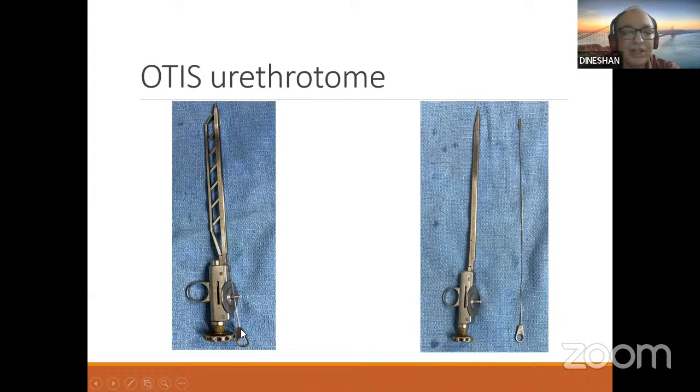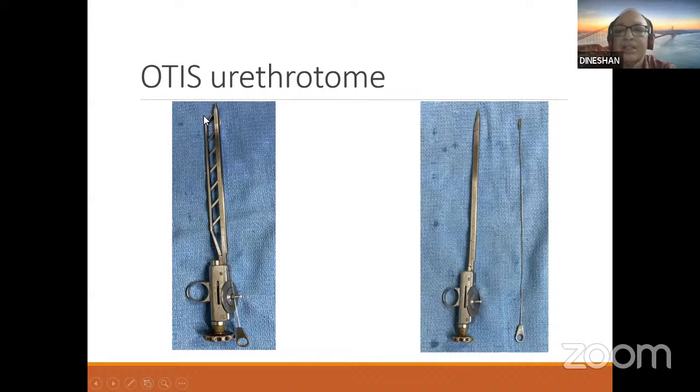And this is the blade, which you can introduce with the hand supporting, and once fully introduced, the blade will go into the groove. Once you introduce and dilate, pull the blade slightly out so that it comes out and stays like this. Once the urethra is stretched and the blade is out, and you take this out, only the stretched part of the mucosa will be cut. So there won't be any deeper injury, and that is the advantage of this instrument.